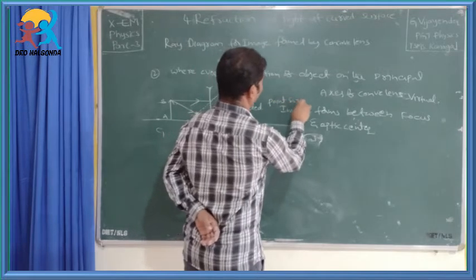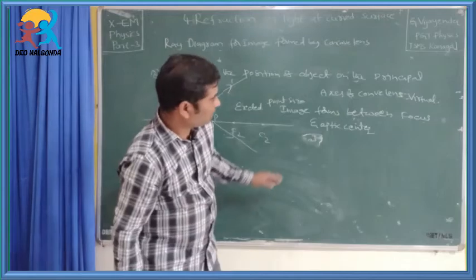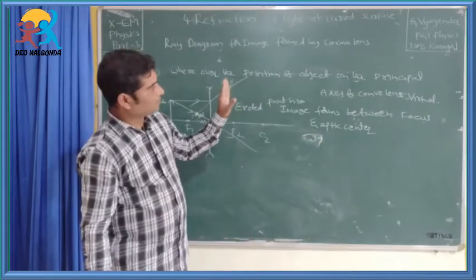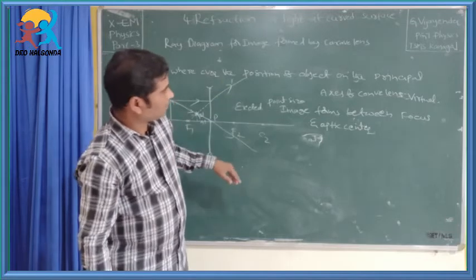Virtual, erected, point size image forms between focus and optic center, wherever the position of the object on the principal axis of the concave lens,